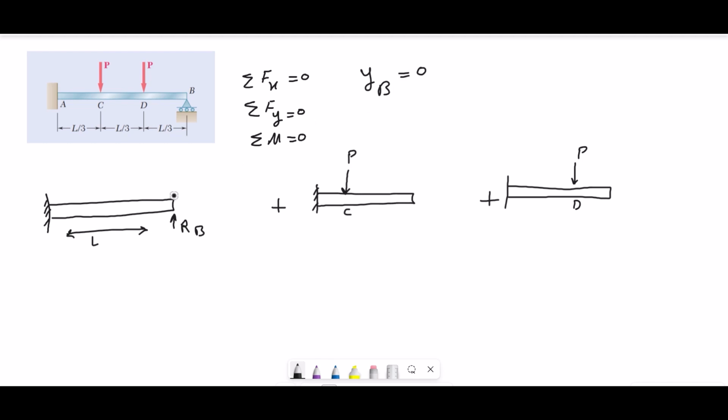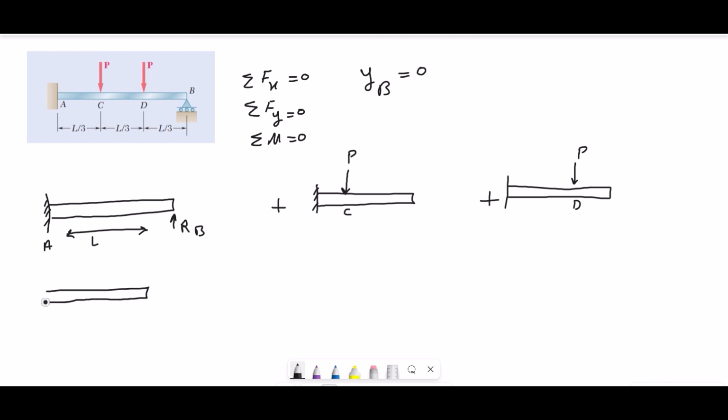And that means if we find the deflection here in this beam, and in this beam, and in this beam, and we add them together, they have to be 0. So we can find R of B. In order to find the deflection at point B, first we have to find the reactions, and then we can find the deflection. So in order to find the reactions at point A,